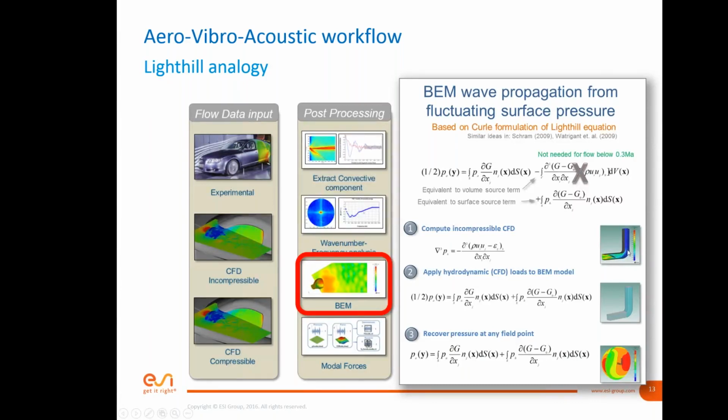There is a flow coming from the top to the bottom here, and with this obstacle, some turbulence is created. Getting the CFD results on the surface, it's possible to create sources that are propagated in the boundary element model. So you can see, for example, the directivity and the power of this acoustic source in the room which is at the end of the duct.